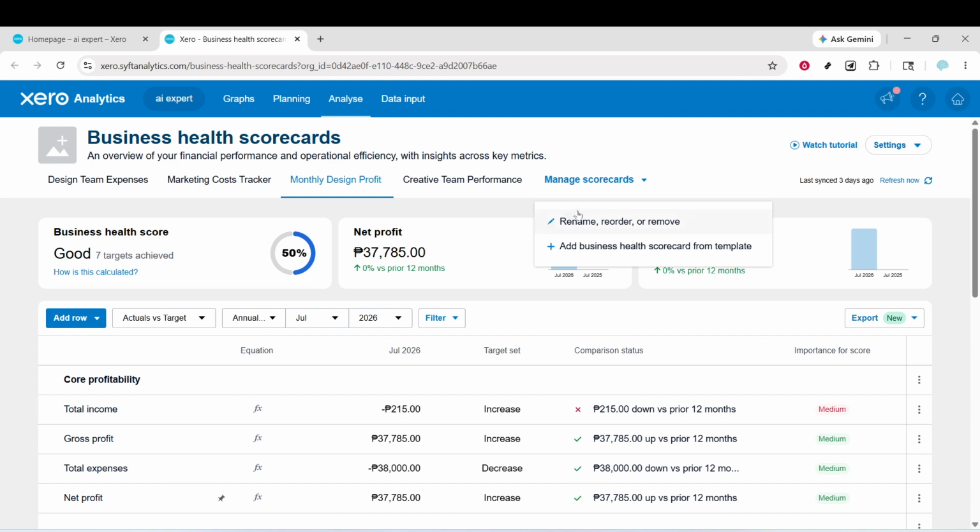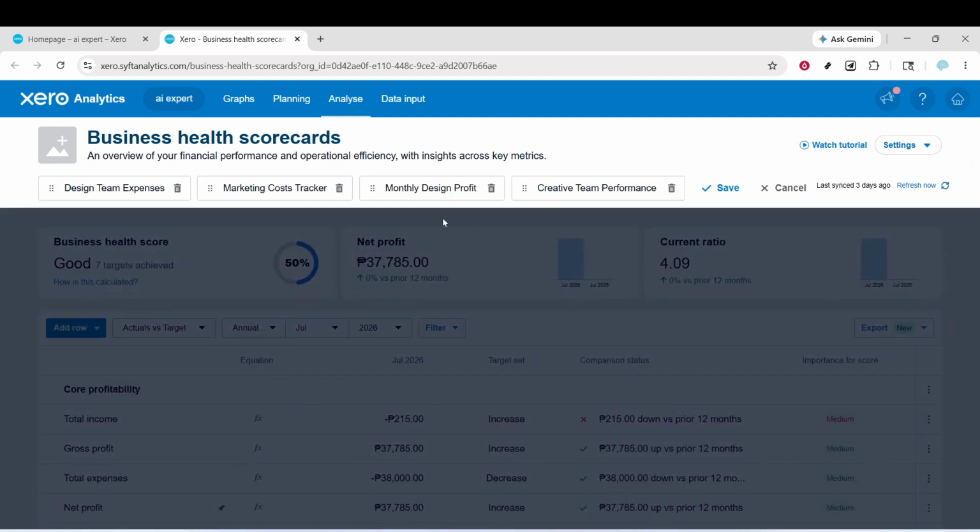Now, drag the KPI metrics into your preferred order. Click and hold a metric, then move it up or down the list until it sits exactly where you want it. Think about the sequence you naturally scan when you open the scorecard. Many people like to start with forward-looking health indicators at the top, followed by profitability and efficiency metrics, and then